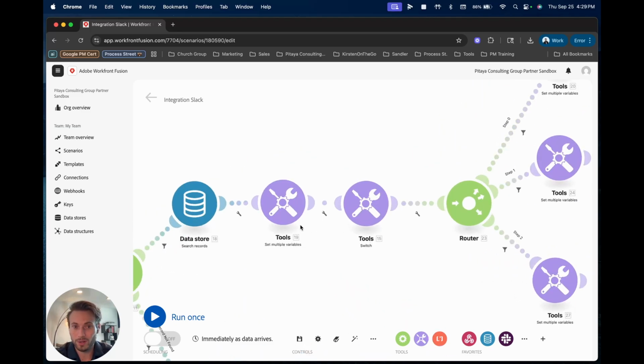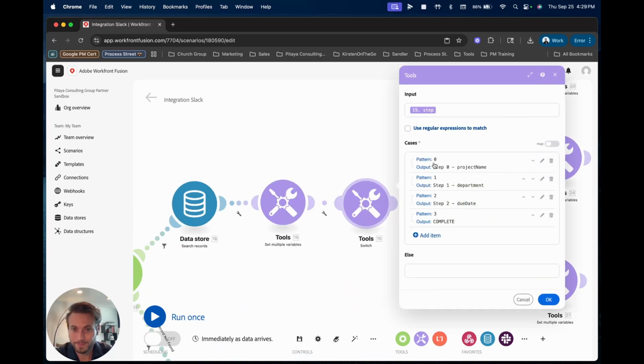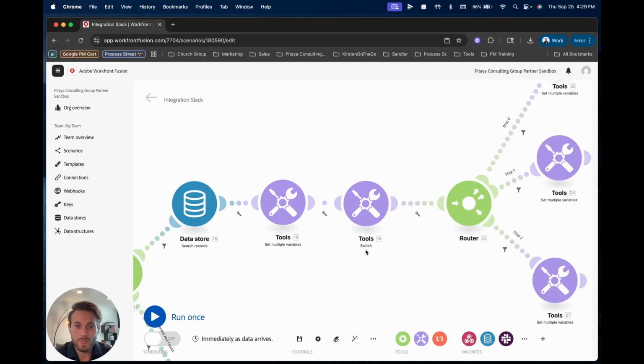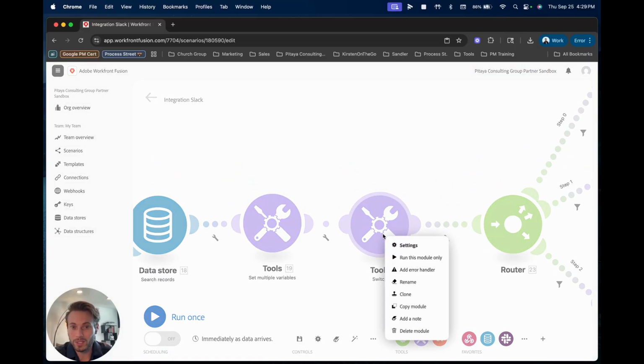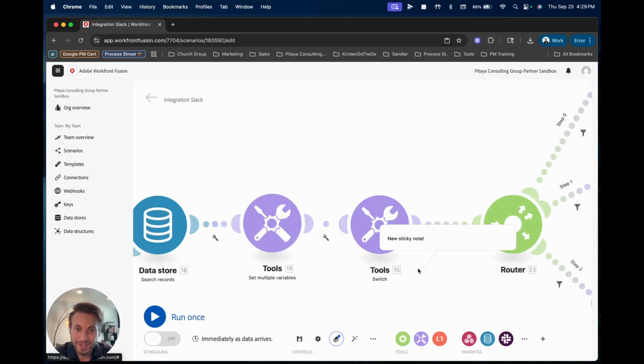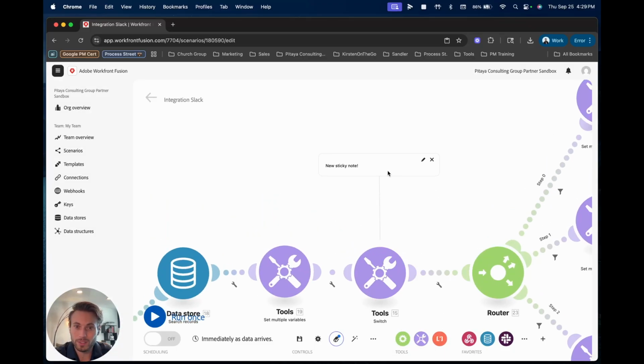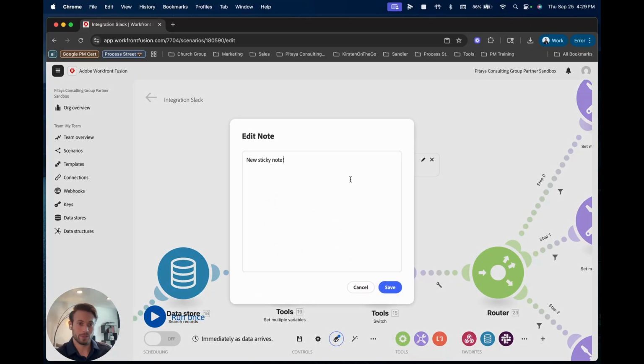So for example, let's look at this one. It's creating a pattern and an output. It's a switch. If you had no idea what this was doing, you came in here, you looked at this, you'd be like, what is going on? So what I can do is I right click again and I hit add note. And then you can move this around. I'm going to go here and I'm going to say,